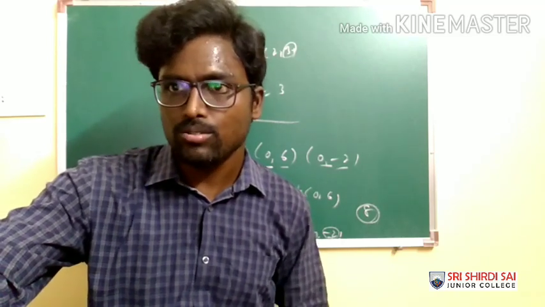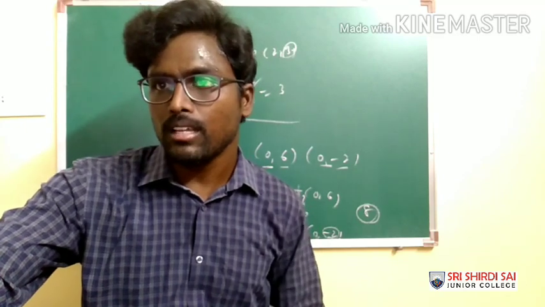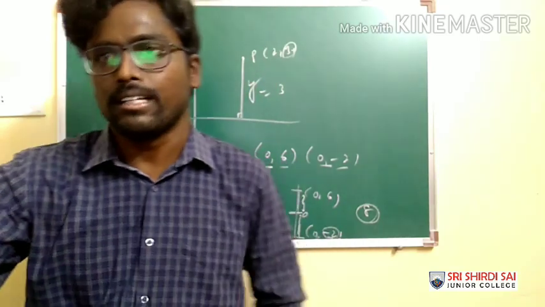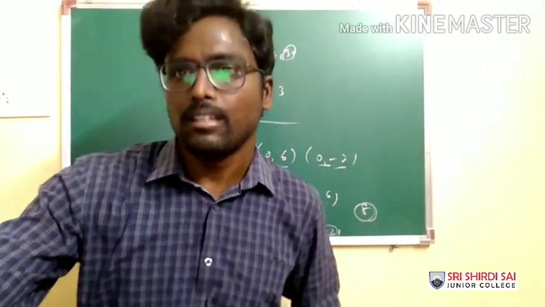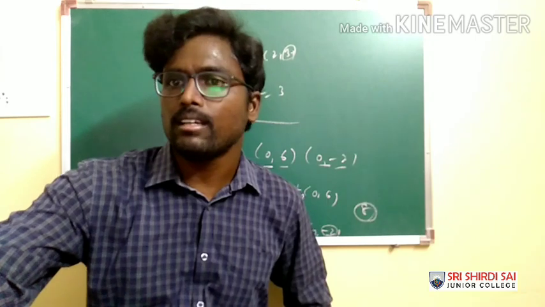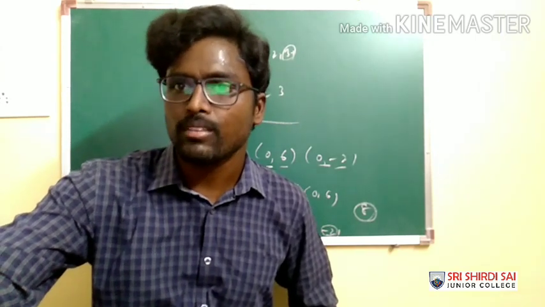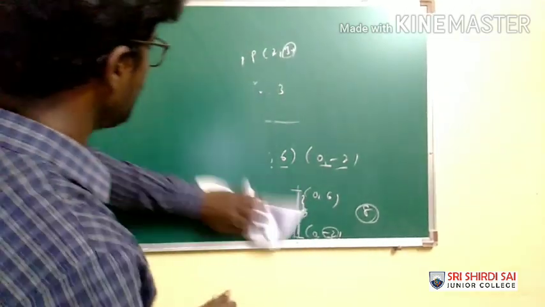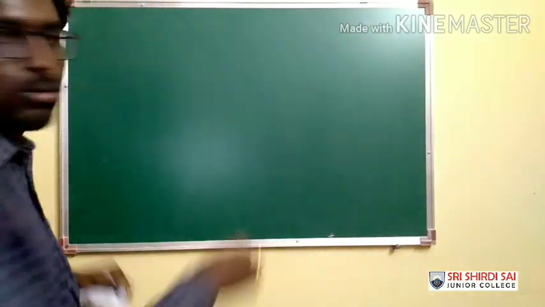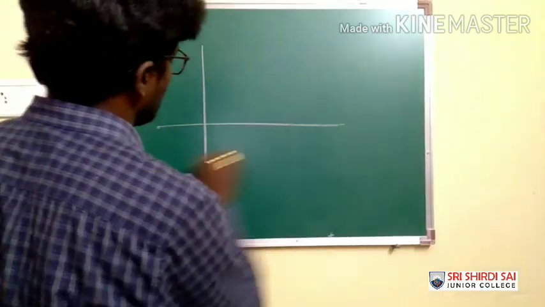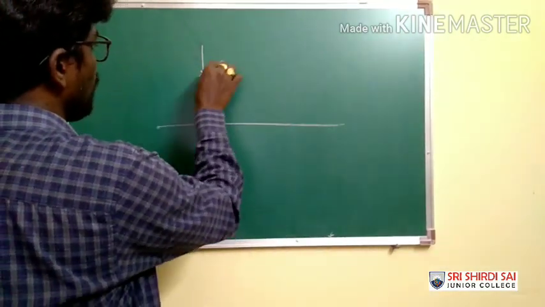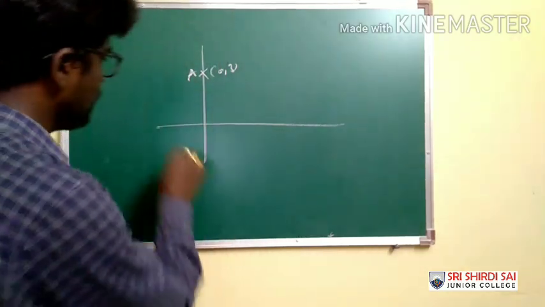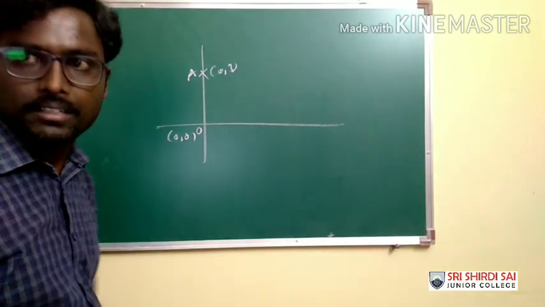AOBC is a rectangle whose 3 vertices are A(0, 3), O(0, 0) and B(5, 0). And the length of the diagonal. What is the length of the diagonal here? Length of the diagonal is going to be very clearly AB, because here we are given the coordinates. A(0, 3) means, let's say here is some point (0, 3). This is A and origin (0, 0). Okay, fine, it's very clear.